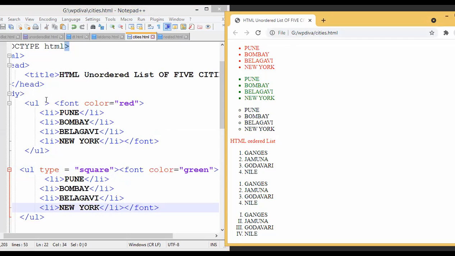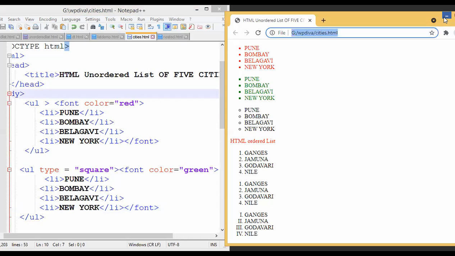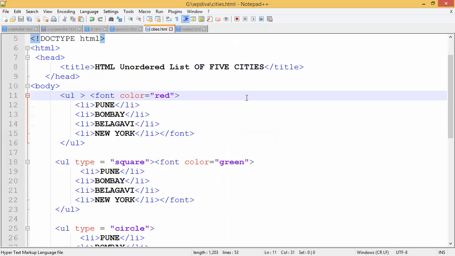Suppose you want alignments, you can also take different alignment. How to take alignment, guys? You can take the center tag, or you can take body align equals center. Is align a property of body? No, directly you can take a center tag. So in this way you can work with the code. Is it clear for this?